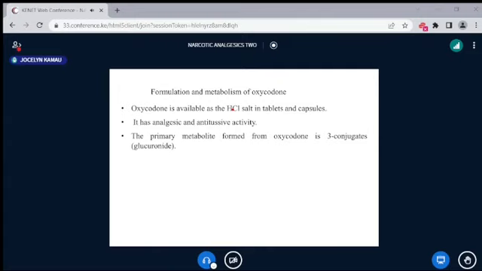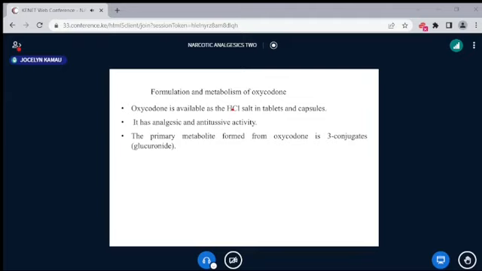It must undergo oxidative N-demethylation at position number 3 for you to get glucuronic conjugates at position 3. Remember, at position number 3, oxycodone has a methyl group. So you must first undergo oxidative N-demethylation, remove the methyl group, and then conjugate that position, and that is a primary metabolite. So when you see the 3 conjugates, first of all, oxidative N-demethylation must occur